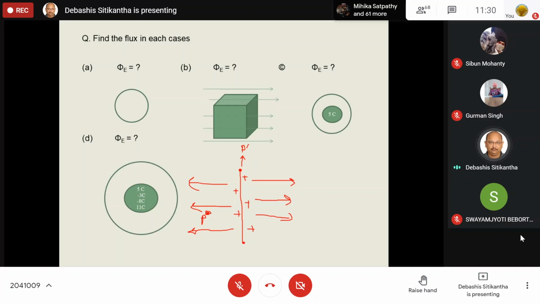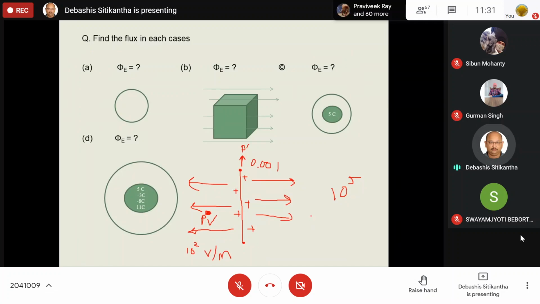The electric field strength at the point P will be much larger than the electric field at the point P dash. Okay, so if, let us say, over here we are having 10 to the power 2 volt per meter as the electric field, and in this case it will be 0.001. So what is the difference between them? It is around 10 to the power 5 times. So if this is the case, then we can make a good assumption, we can neglect it.